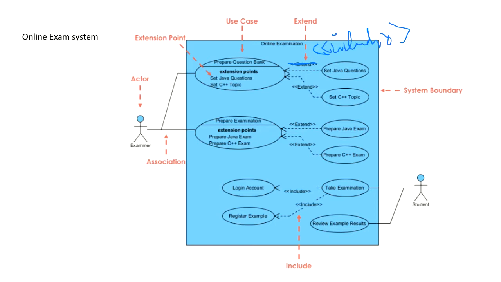So what does this mean? Suppose you remove Java from here. So it means when you are preparing a question bank, every time you are including the Java questions, in all your question banks there are Java questions for sure. But in some of your question papers, C++ questions are also there. That would be meant by this use case there. But every time you're trying to prepare a question bank, you are including the Java questions all the time. But sometimes only you are including the C++ questions.